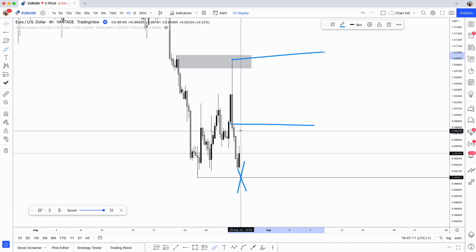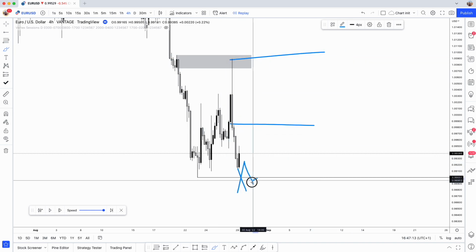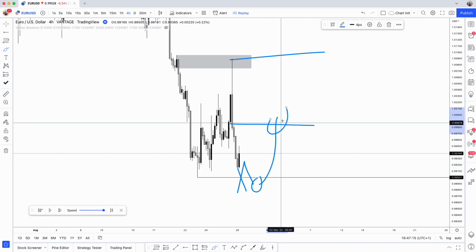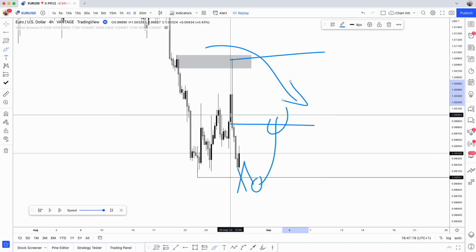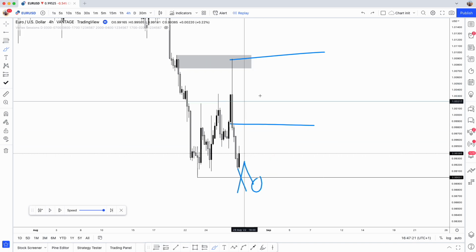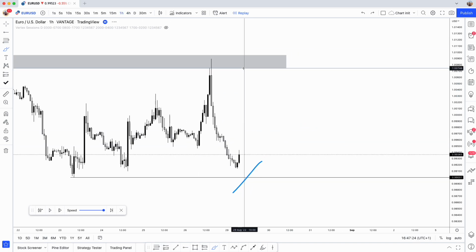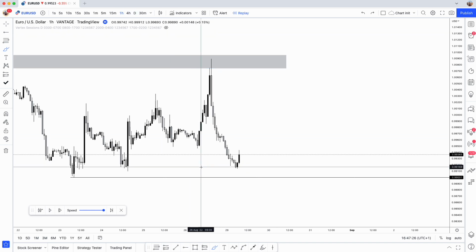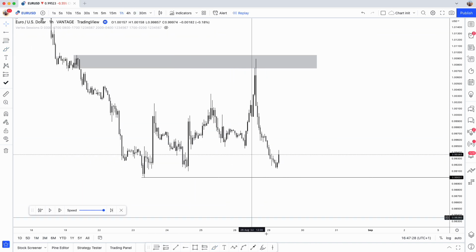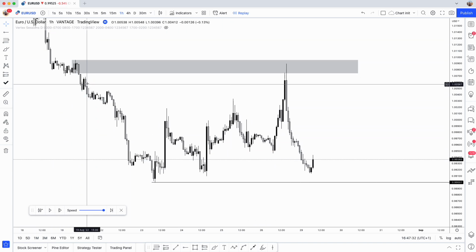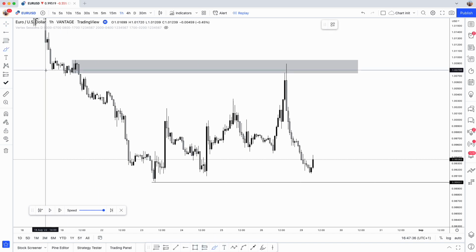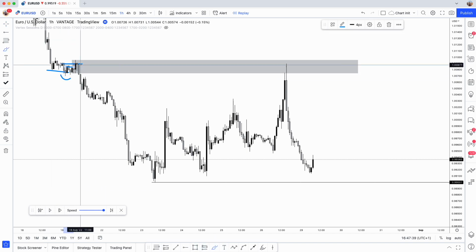I know that's a massive POI, to be fair, but if price was to come and break out this low, we can then look to trade and mark this new POI, and that is following bearish order flow at that point. Okay, but at this point order flow isn't confirmed. Now it's been confirmed, because now we have this hourly break from that mitigation play, because all we can see previously is that we got a breaker structure and mitigation.